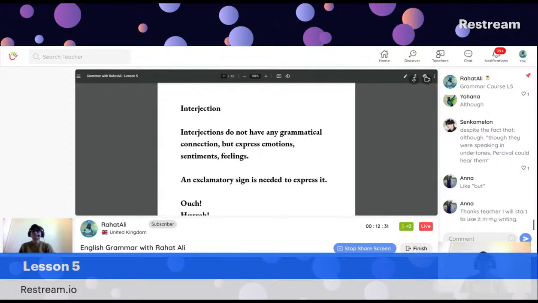Okay, so another example: "Though he's tired, he's energetic." See, although they can be going at the same time. Although he's tired, he's energetic. Okay, that means here "though" is used as "but": he's tired, but he's energetic. Although he's tired, he's energetic.